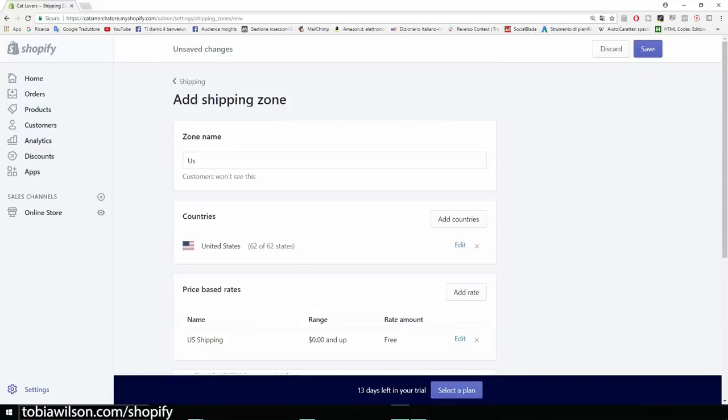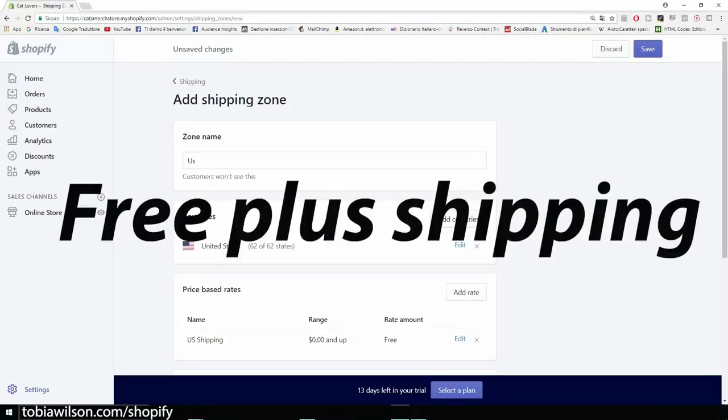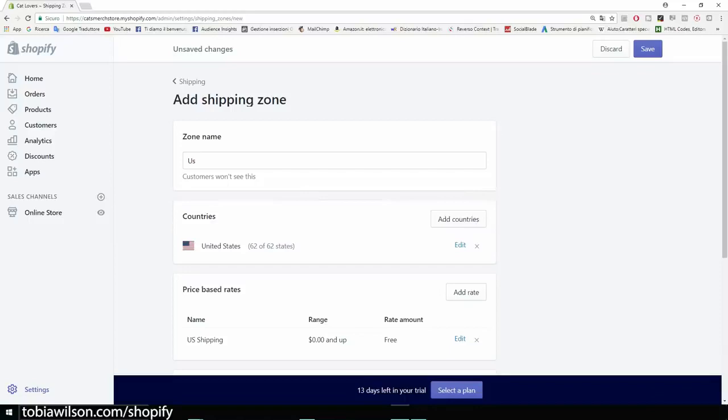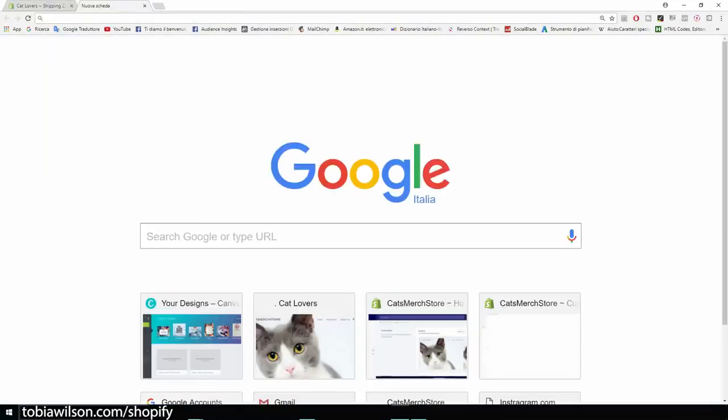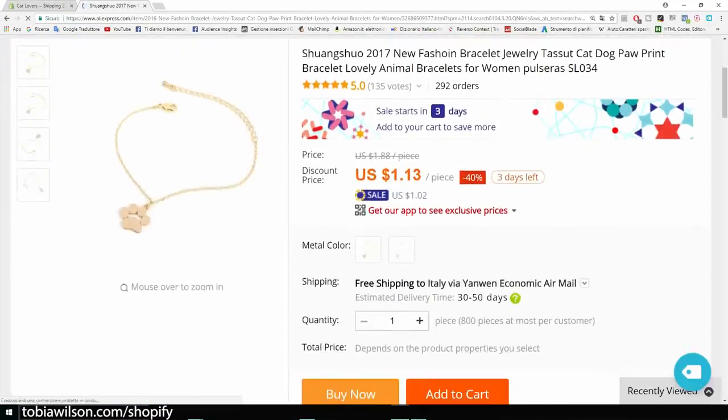Right now though, there's a strategy called free plus shipping that is very popular. So this works only for products that are from $1 to $2 on AliExpress, like the one that we saw before. It was this one. And so this product is costing us $1. We want to sell it for free, or at least promote it for free, and then charge the customer $4 or $5 for the shipping. So the customer, when he sees the ad, he thinks that the product is free. It's actually free, but then he has to pay a little bit for the shipping,